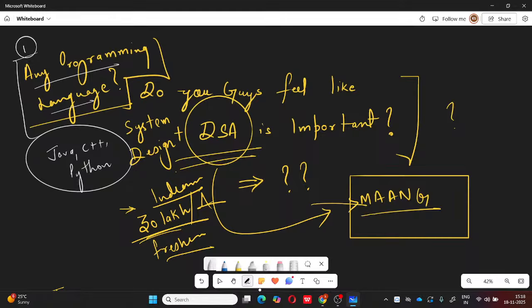This is the preliminary thing that should be there, right? That one language should be well versed. You should be well versed in one of the languages, either Java or C++ or Python, doesn't matter. There should be some language. So do we have some language of this sort that we already know? Anyone? Any language? Do we know any language?